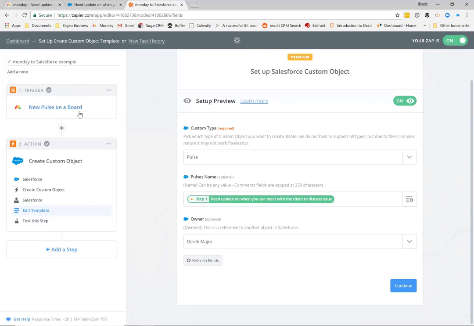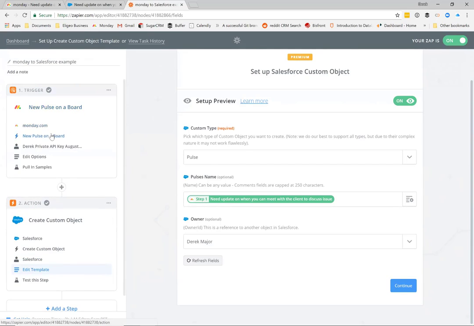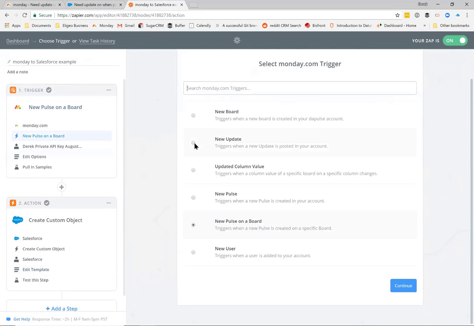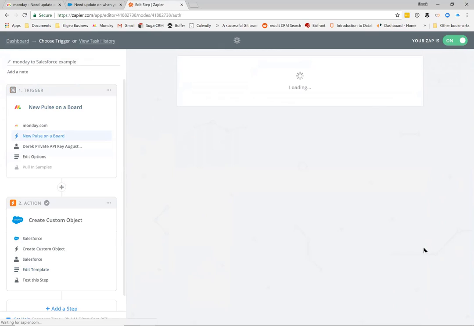And actually, I think we have a couple minutes. Yeah, we're doing good on time. So I'm just going to click back. Let me just show you quickly what an update might look like. If I click on new update and we click on continue,